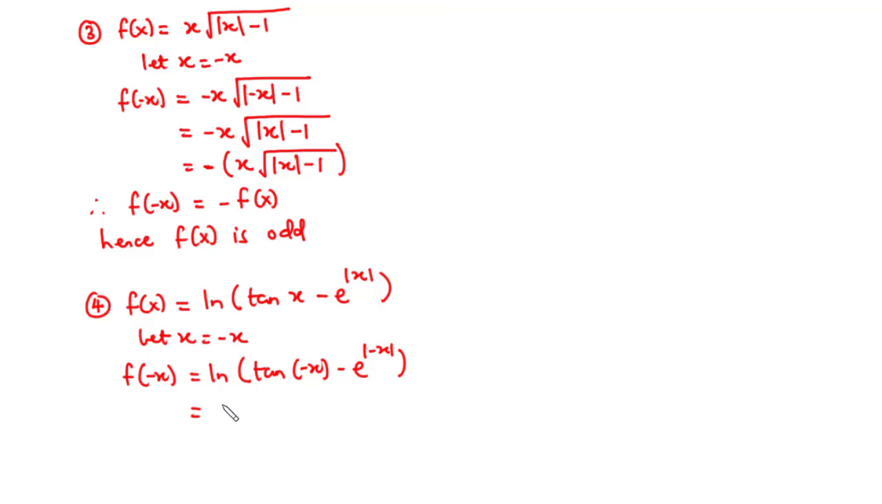So this becomes ln, we have negative tan of x minus, now the absolute value of negative x becomes absolute value of x, and then we have this to be ln of ln into bracket negative tan x minus e to the power absolute value of x. Now looking at f of x, you realize that